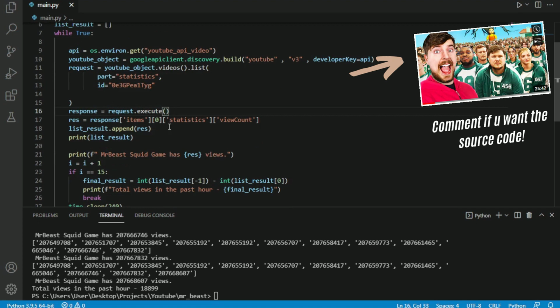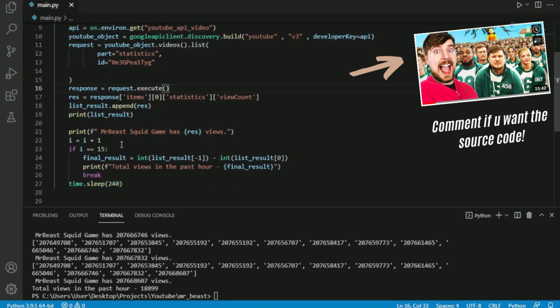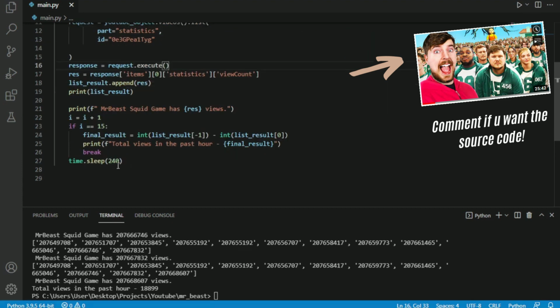Now, with the YouTube API, what I realized is that it does not update in real time, so it takes a little time for the views to update. So what I did is I calculated the views every 4 minutes. I used time.sleep and set it to 240 seconds, which is 4 minutes, and every 4 minutes I checked how